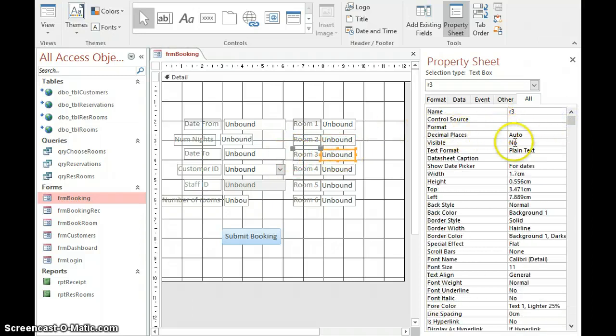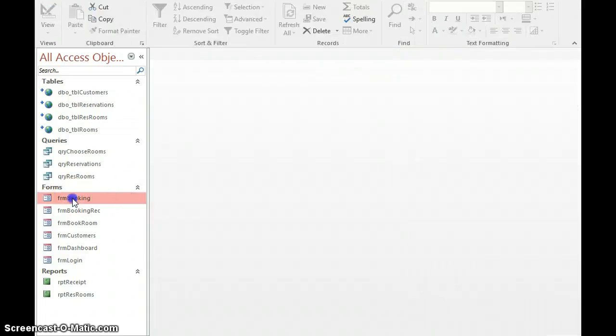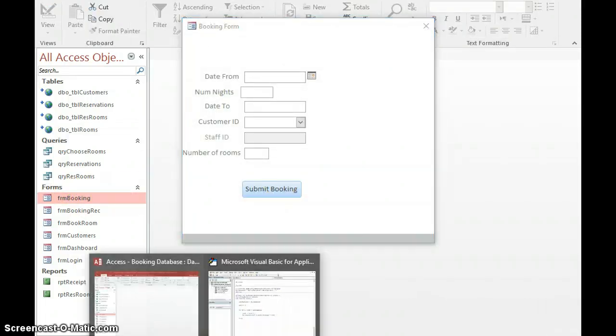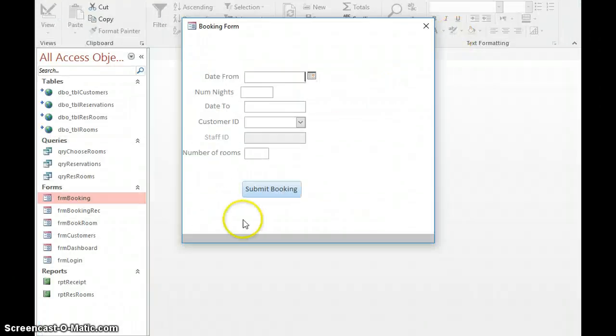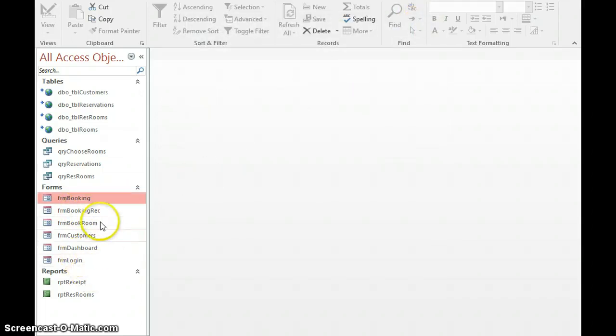So if I show you this actually working on the booking form, I'm just going to close the code. If I put in 3, and as that's updated, 3 of the controls become visible. 4 will allow 4 of the controls to become visible. What I want to do now is talk about the actual